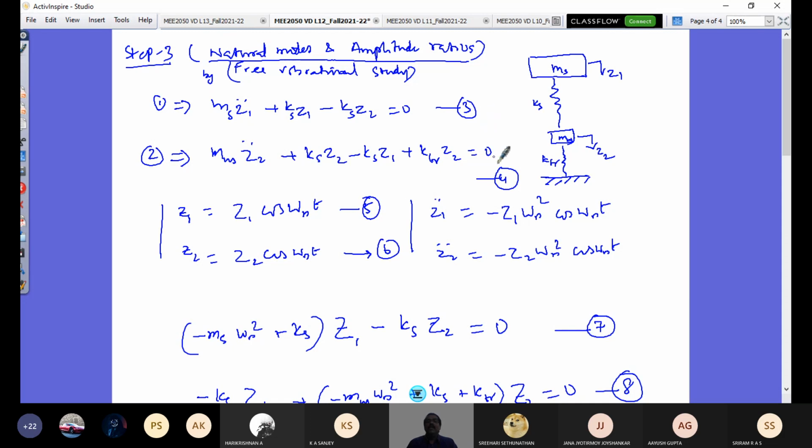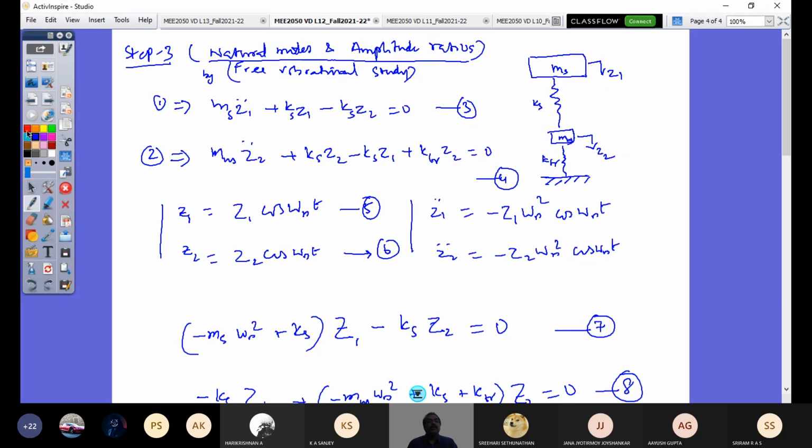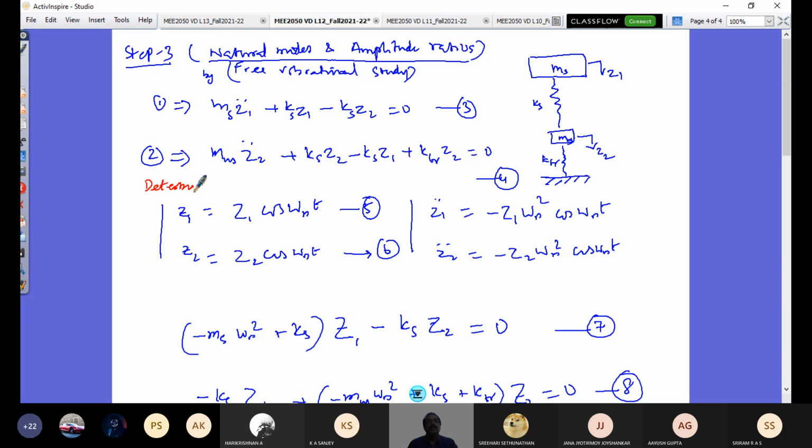And then you had equation 3 and 4, and the trial solution is harmonic solution. So that is why it is called a deterministic model. What is this model called? A deterministic model. So substituting this in this equation 3 and 4, I am able to write